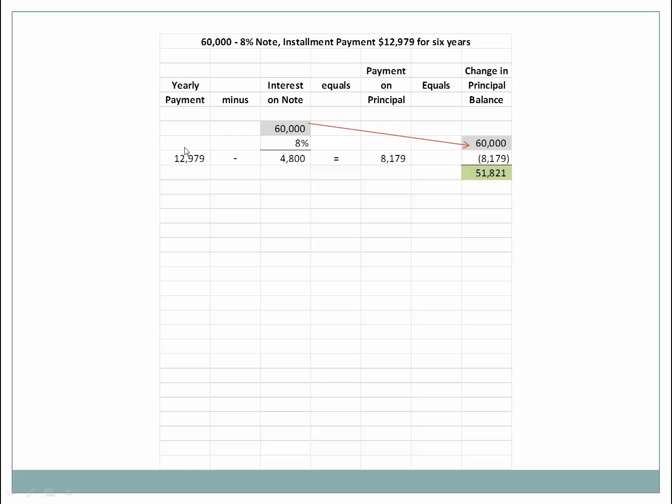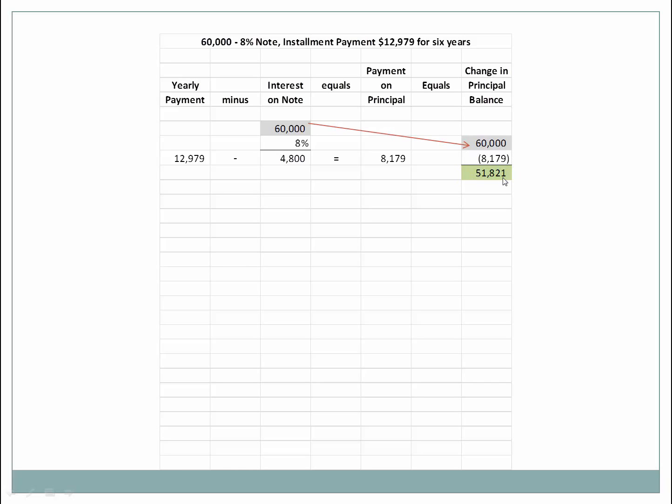This is the yearly payment that they make minus the interest on the note. So the interest on the note subtracted from the yearly payment will show which portion of this payment is going to be associated with principal. This is our original principal amount. We are going to take the payment on principal, which is going to pay down the principal on the note,